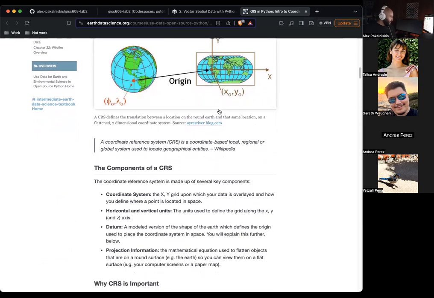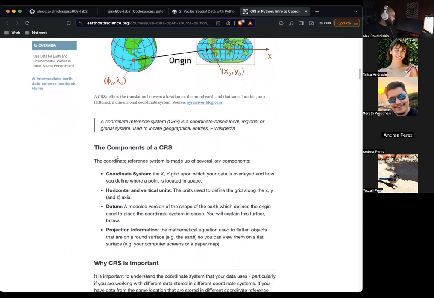A CRS is comprised of a coordinate system, the XY grid, horizontal and vertical units, like feet or meters or inches, and the specific datum, which is the version of the Earth's shape they're using as the reference point. There are different models of how the Earth is shaped.